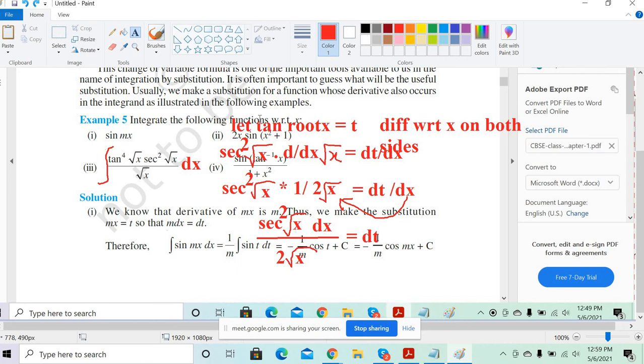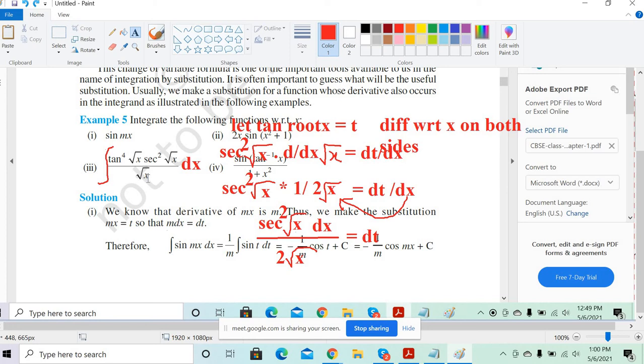So here what we are assuming: the first thing when we notice the question, we should notice only the tan x part, instead of root x and secant square root x. Forget about those things. Just worry only about this tan function and this secant square function, and down is root x only. Root x anyway we will figure out. But when we substitute tan x as t, we know the differentiation of tan x is secant square x. Secant square is already there in the numerator, so we know the secant square dx can be easily replaced. But to get it replaced, we need to substitute something of tan x.